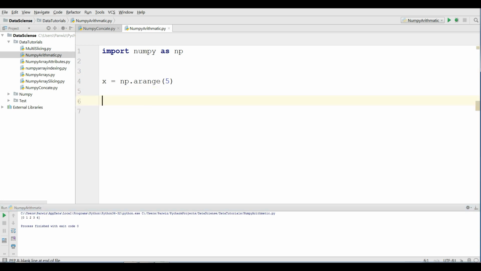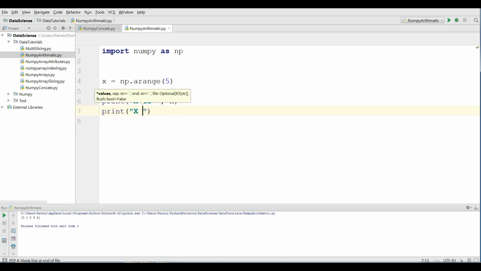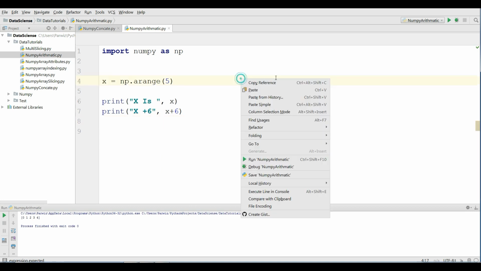Now we are going to perform some arithmetic operations on this array. First of all, I print my original NumPy array, x is x. Now I'm going to apply addition on this array. x plus, I want to add 6. You can simply write x plus 6. Now if I run this,